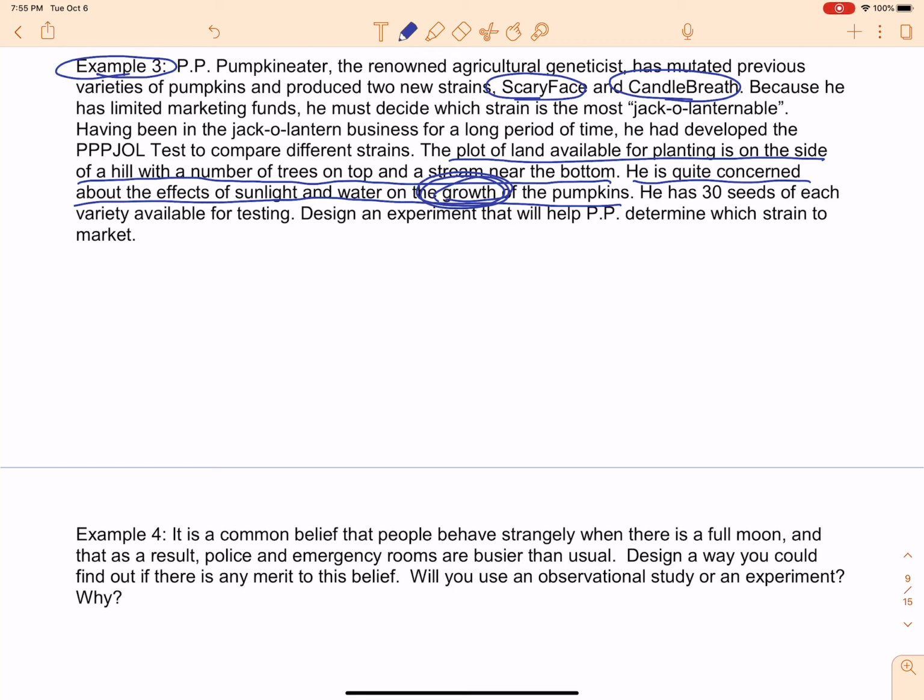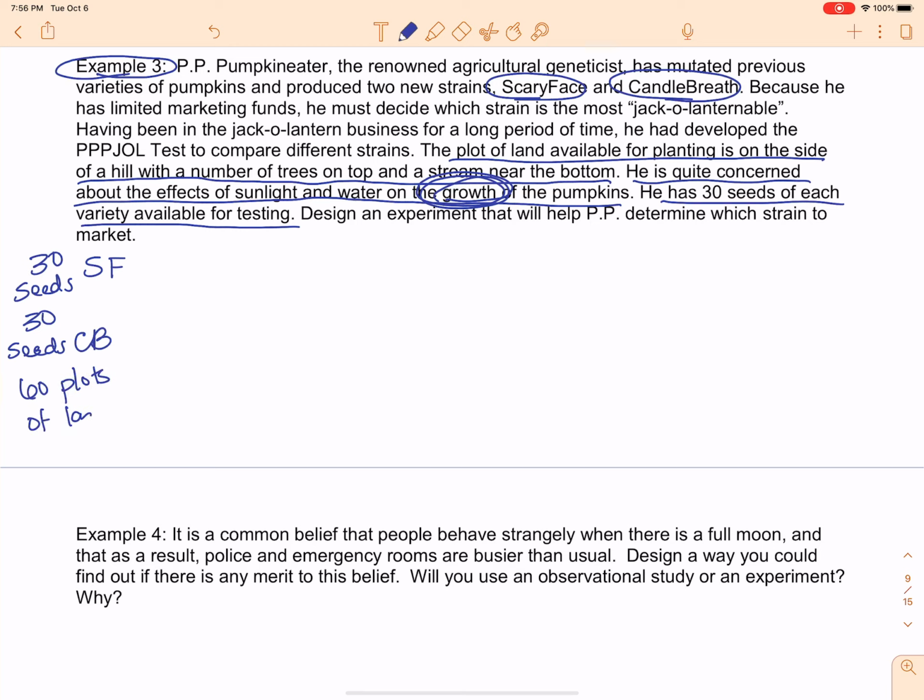So let's look at this. He has 30 seeds of each variety available for testing. Design an experiment that will help PP determine which strain to market. In retrospect, I probably should have named him something different, but that's okay because we're having fun here. So if we've got 30 seeds of both types, so we've got 30 seeds of Scary Face and we've got 30 seeds for Candle Breath, all right, so that means basically we have 60 seeds, so we're going to need 60 plots of land to